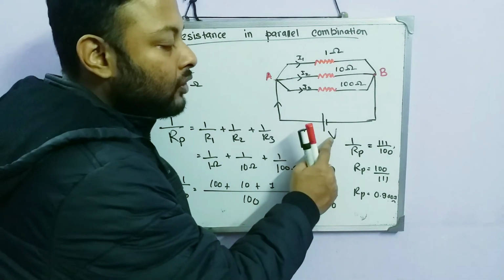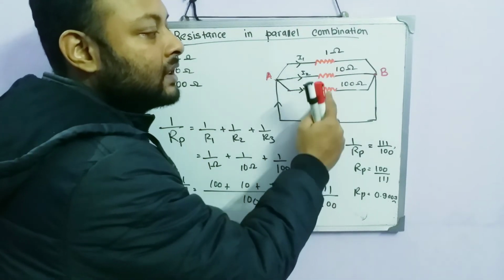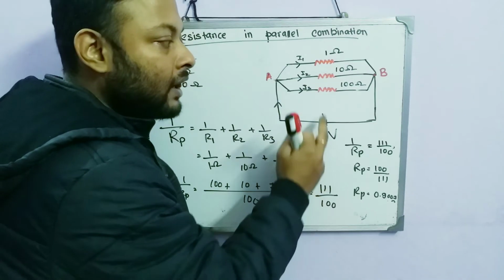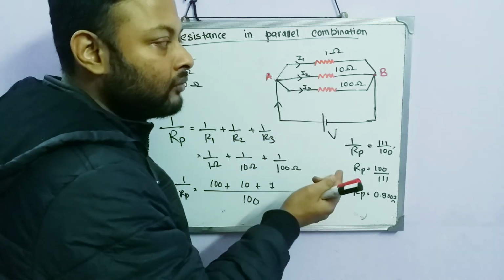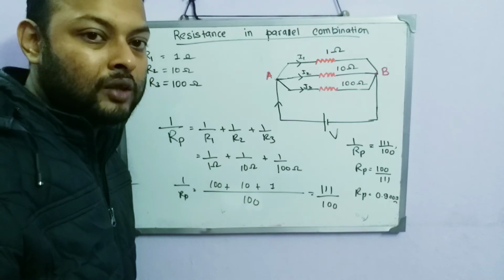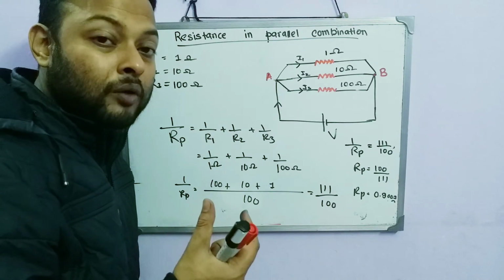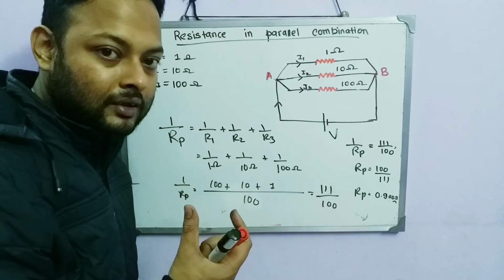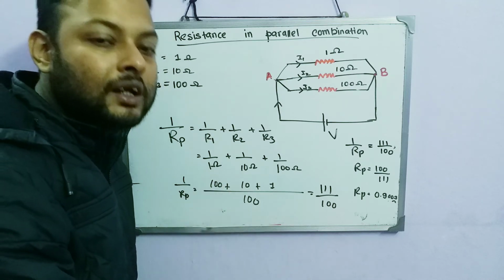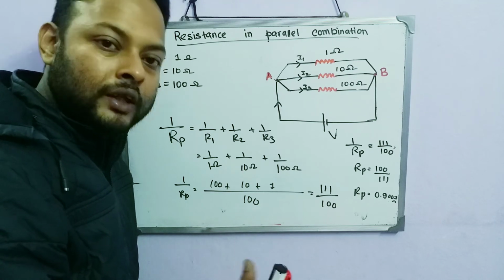Suppose this is 12 volt and I do this kind of connection. Suppose this is a bulb, this is a fan, this is a TV. Then the bulb is getting 12 volt, the TV is also getting 12 volt and the fan is also getting 12 volt. So all three appliances are getting the 12 volt battery. But if I connect them in series, one after the other, then what happens? The problem is the first device gets the entire potential, and after that the potential decreases. So the second and third won't get the entire 12 volt. They will get less than that.